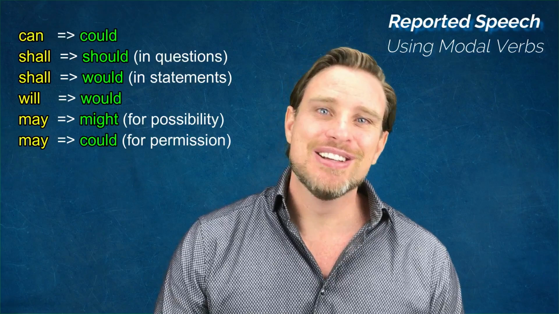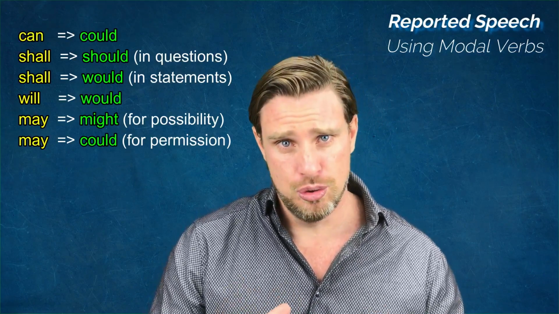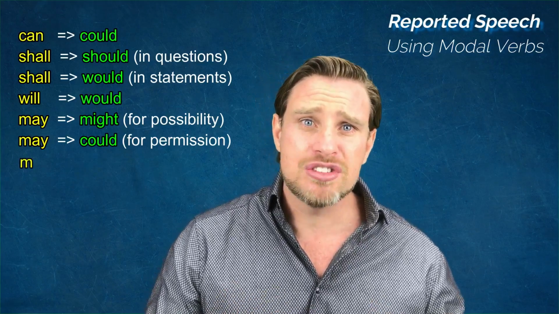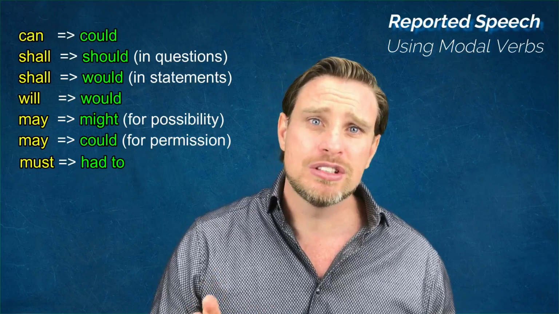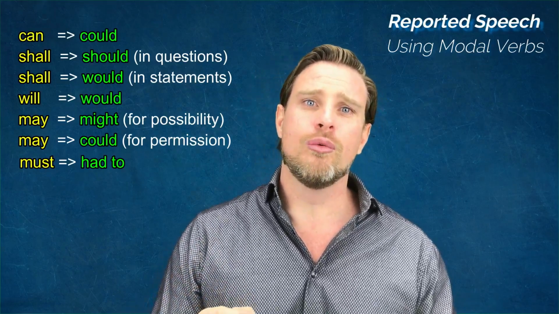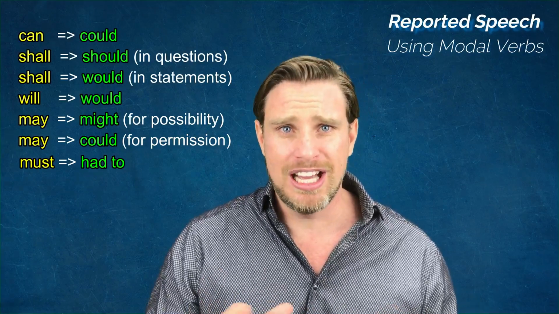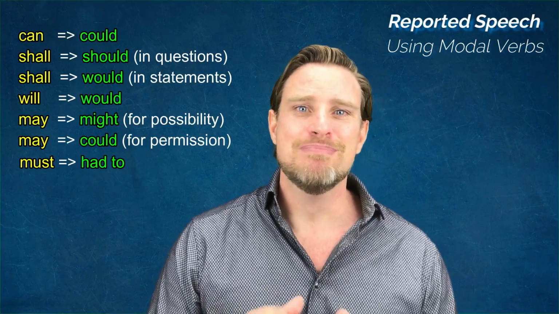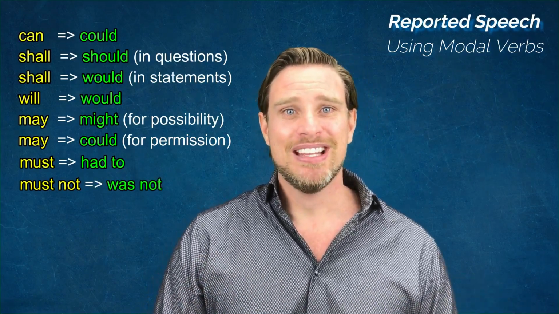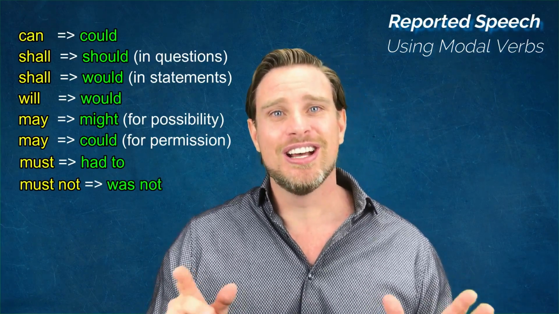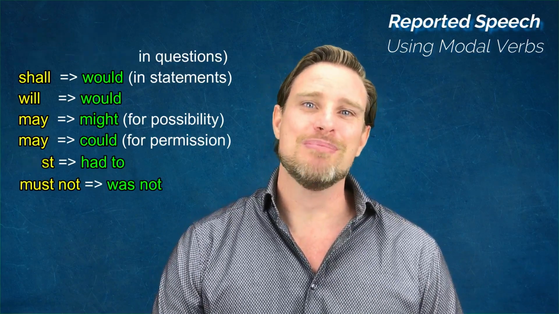You can think of it this way. If must is saying something we have to do, then we can backshift to had to do. And all the other ways we use must for general laws or for making assumptions, we do not backshift. For negative obligations, just to trick us, mustn't becomes was not. You mustn't tell anyone. She said I was not to tell anyone. Now, that is how we backshift all 9 modal verbs.